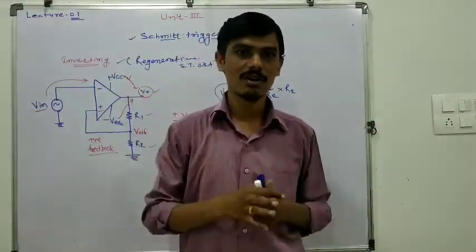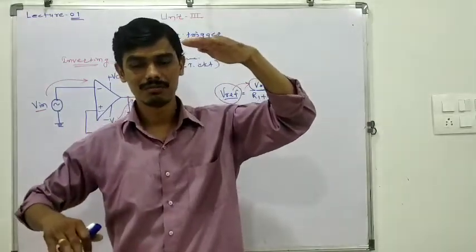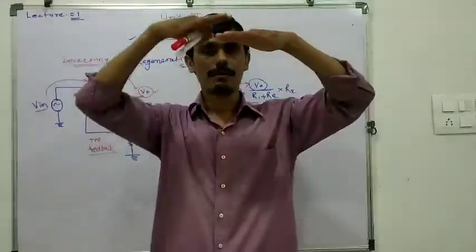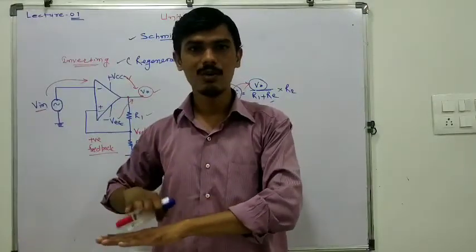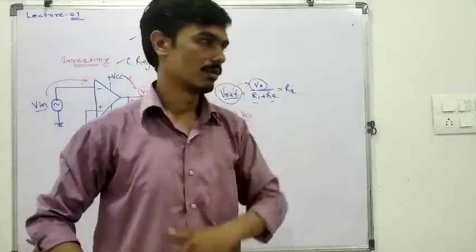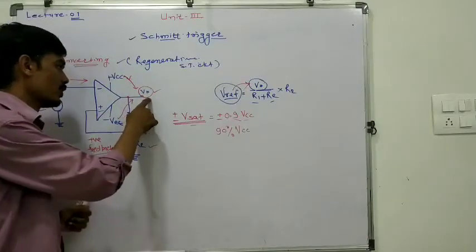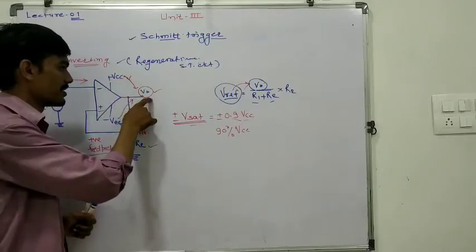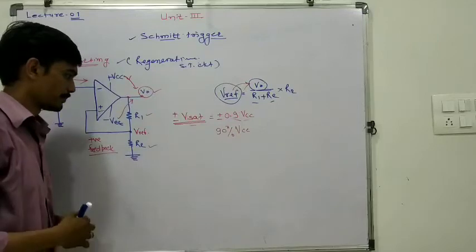Ultimately, square wave means what? It has two levels, one is the high level and the second one is the low level. If anyone asks what is the highest positive output, it is plus VSAT. And if it is about the lower value, or the low level, it is nothing but minus VSAT. So the output varies as a square wave between plus VSAT and minus VSAT. Here also, even though it is a Schmitt trigger circuit, the output is plus VSAT and minus VSAT, and it is 90% of the VCC.